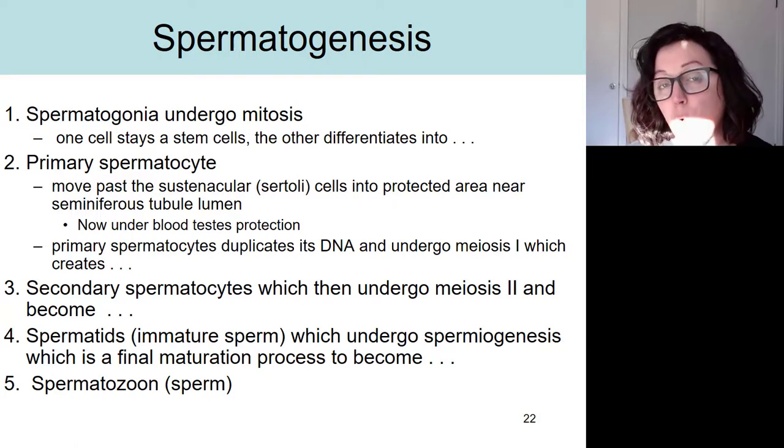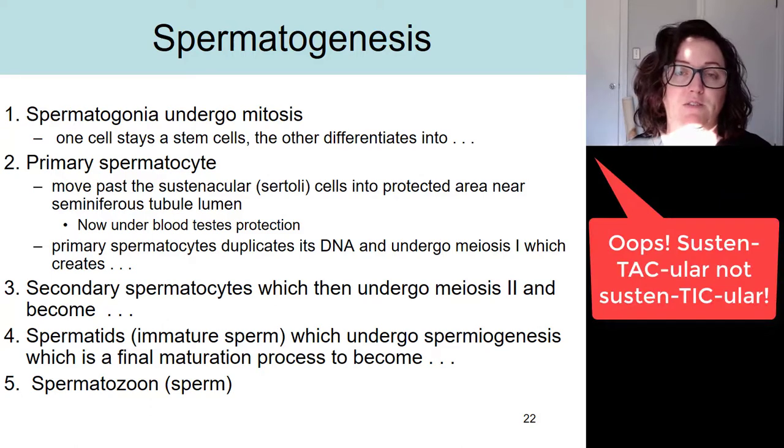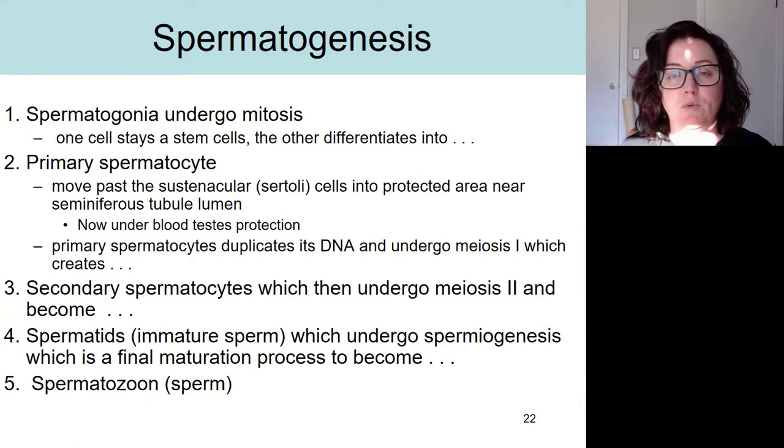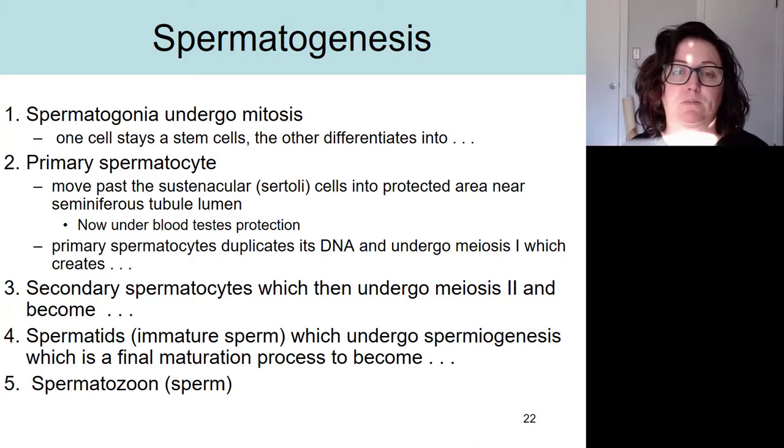But before meiosis can start, this primary spermatocyte has to do something really important. It has to cross that blood-testis barrier. So it actually has to cross past the sustentacular cells of the testes. And it has to get into that protected area within the seminiferous tubules so that it cannot be attacked by the male's immune system. Once inside that protected area, the primary spermatocyte will go through the process of meiosis 1,